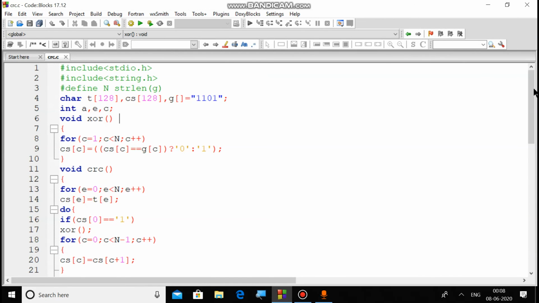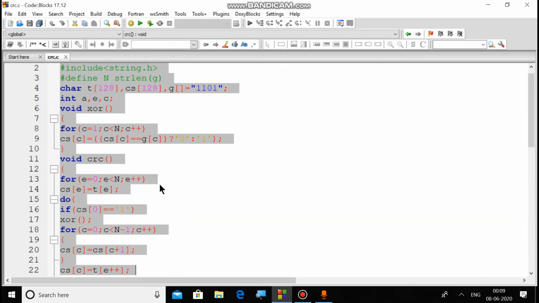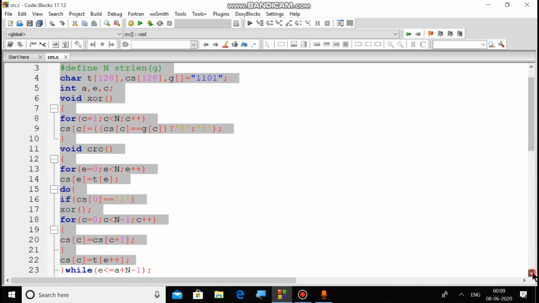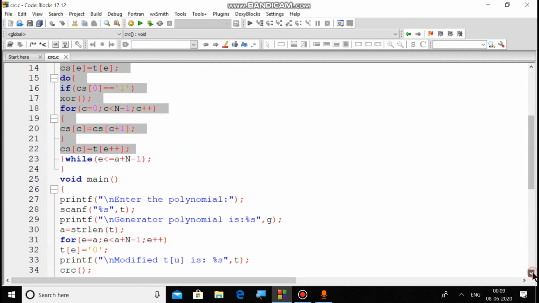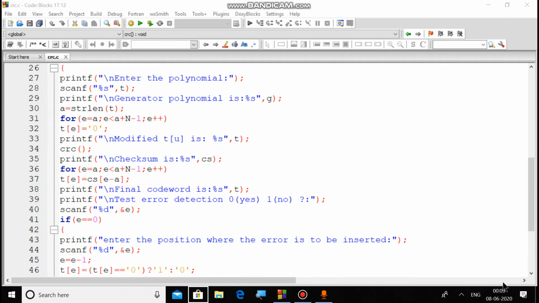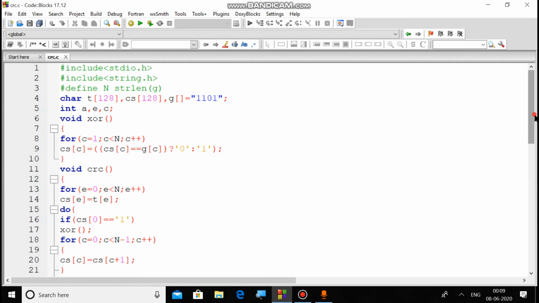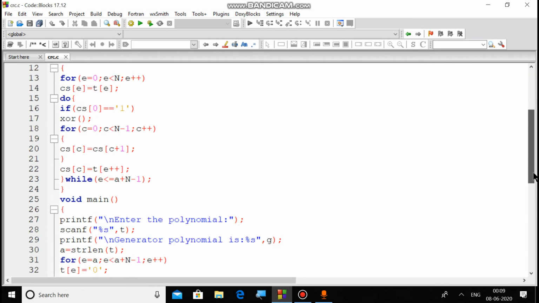I'll just show you the lines. In this program, we have one function called CRC for the calculation and checking purpose, and there is one main program and also one XOR function.